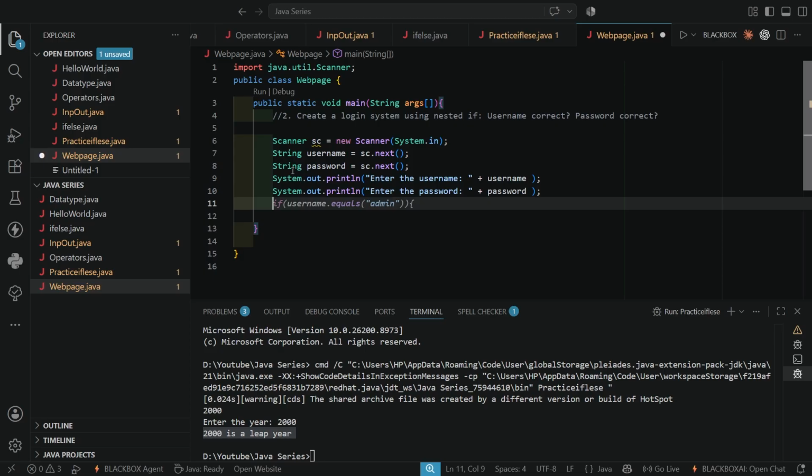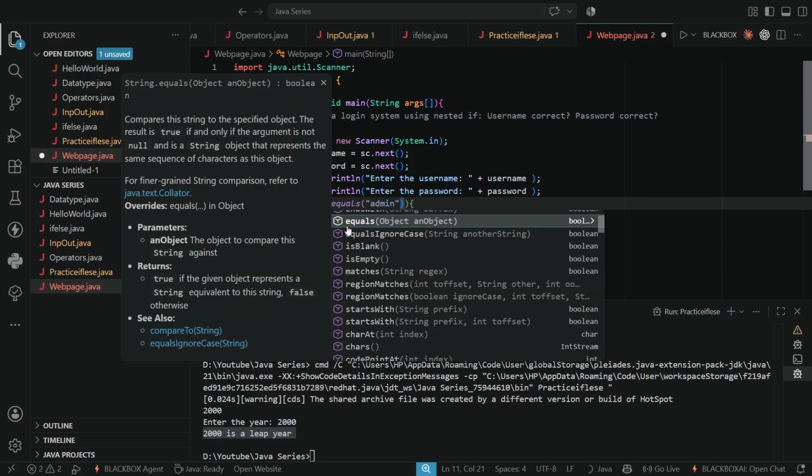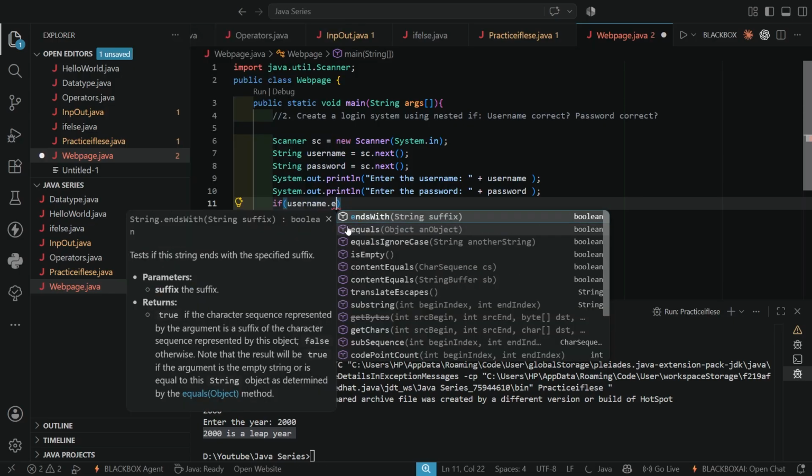Now I have to check if the username and password are both correct. The first criterion is the username. Since I'm an admin, I'll make use of admin. Whatever username I enter must be equal to admin, right? So here, if username equals admin.